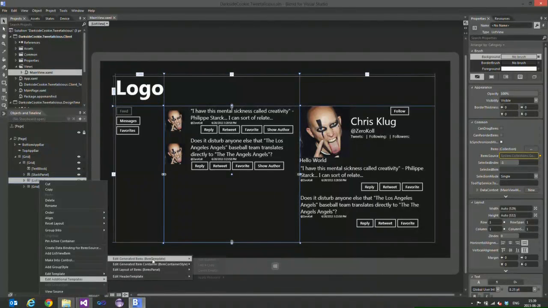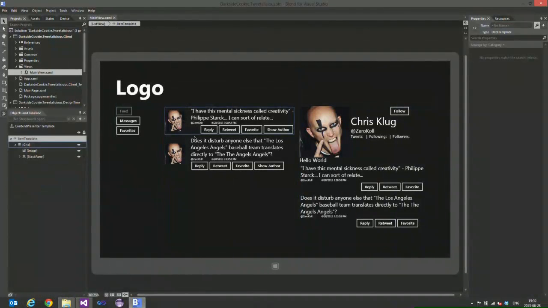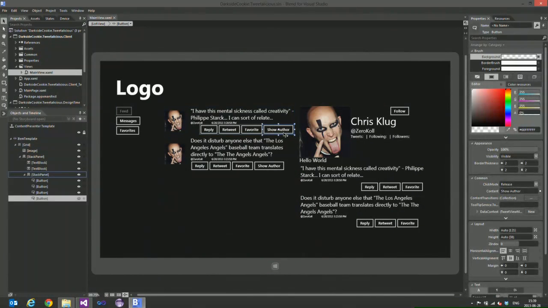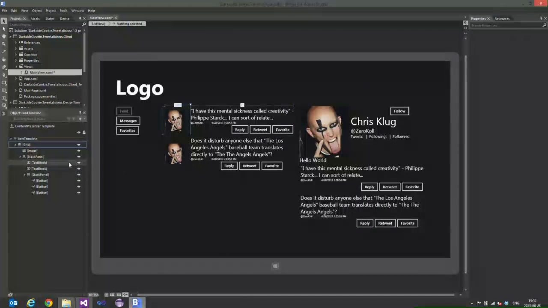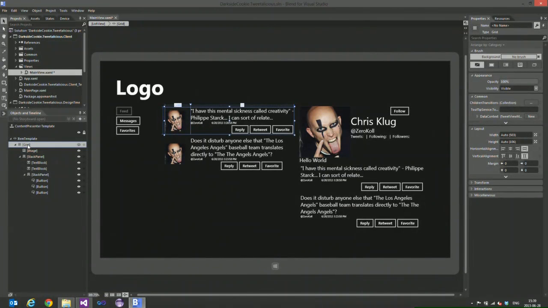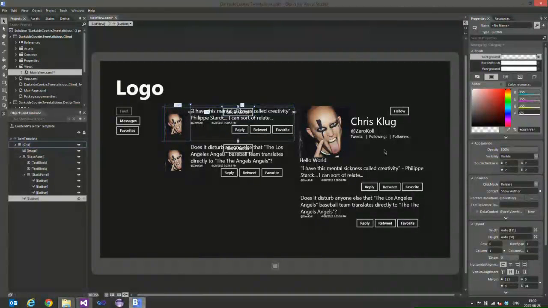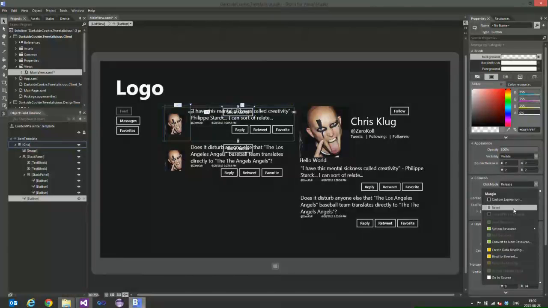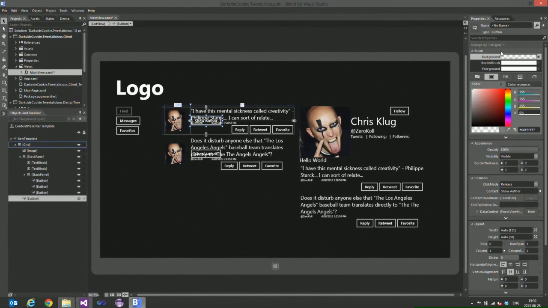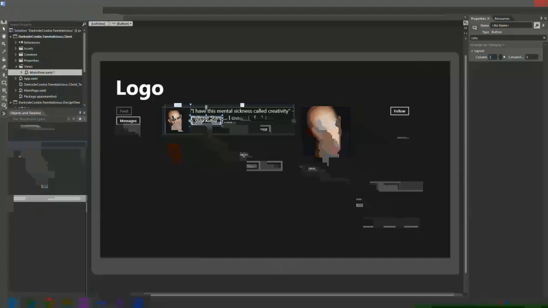But if we start looking at what the diviner would actually do, the diviner gets this out of source control. And he says, OK, so I'm going to make this beautiful in some way. So he gets the view, and he right-clicks, and he goes, I want to open in Blend. I'm going to go, yes, I want to save all of that. He might want to open it in Blend, or might start in Blend, or whatever, but I would say that he's probably going to be in here in Blend and do his work. And once again, design time view models showing up, data showing up, the ability to work with things in this way, just awesome. So I go in here, I look at my list view,